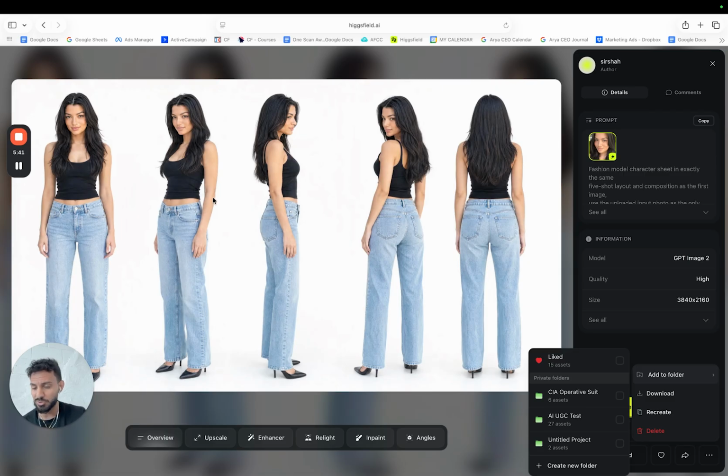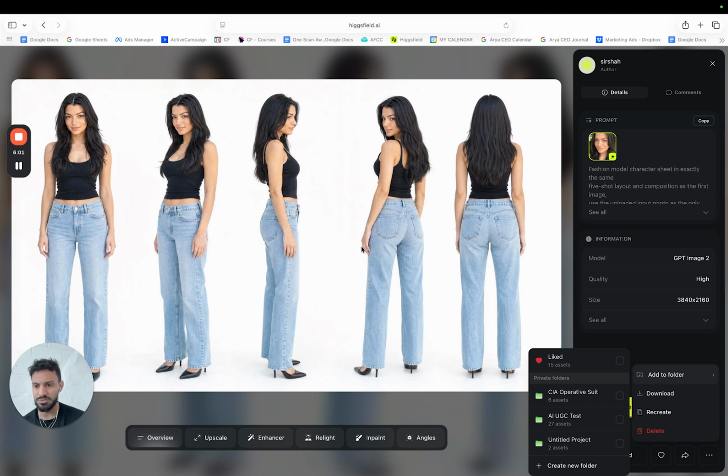Let's say you want a gym girl, you can make sure that all her body aesthetics, like her ab structure, her arms, and her face look the same. Or let's say you want a model like this, and she's modeling for a bunch of different brands. Same thing, guys. But the point is that character consistency is the biggest bottleneck right now with AI,